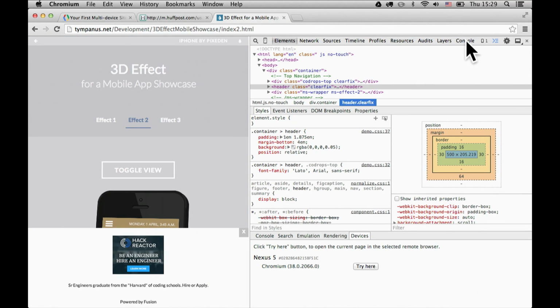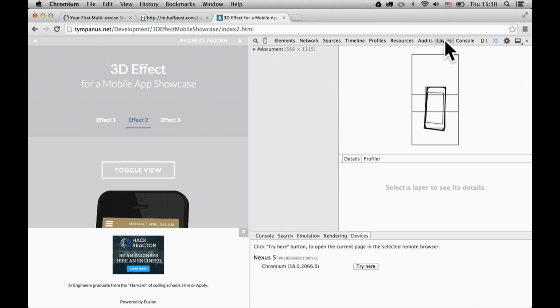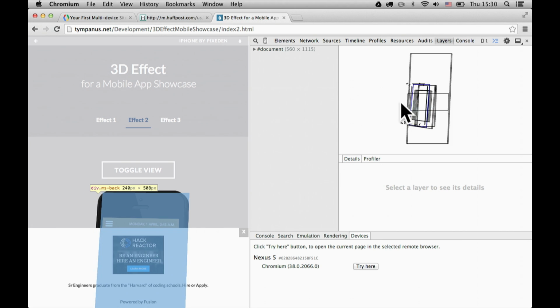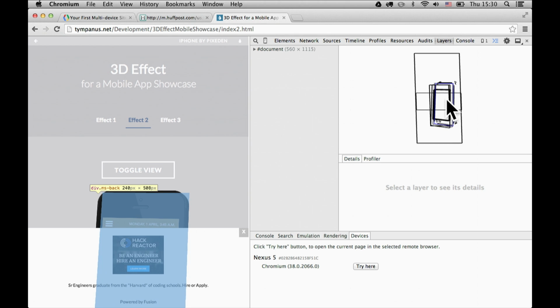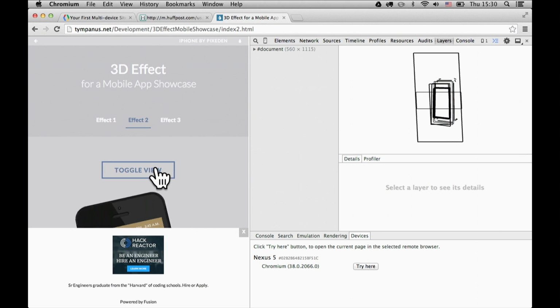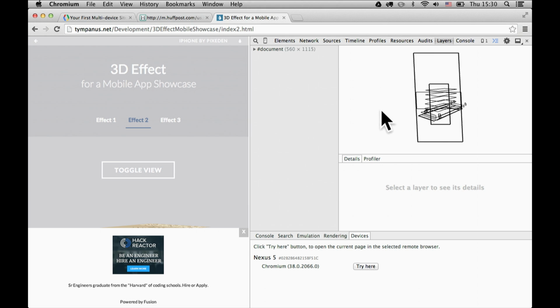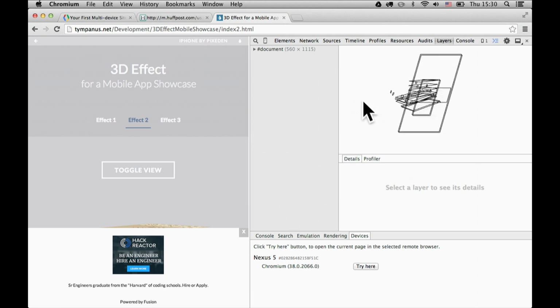as you can see, I have a new layers panel right here. So the Layers panel will give me a presentation, a preview of what's happening on my page. All the layers that I used to render certain things in there. So now I can rotate this and look at what's happening, right? So I can see that many layers here stacked on top of each other. And if I click the toggle, check out what happens. Here we go. So all of this rendered in real time, and I can click on them and do stuff